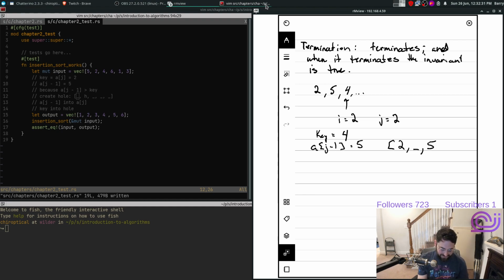The hole has index J. I don't know what to put here. I guess it has value 5, so it's still 5. And then we move this into... and then